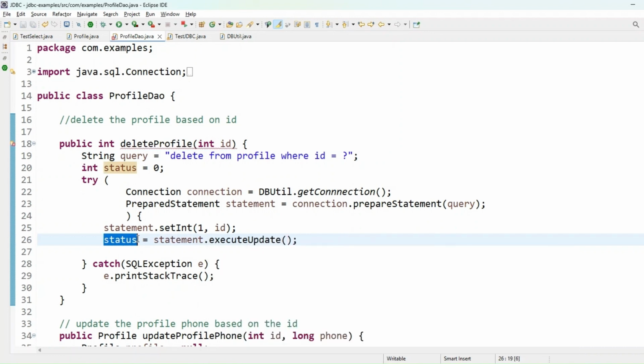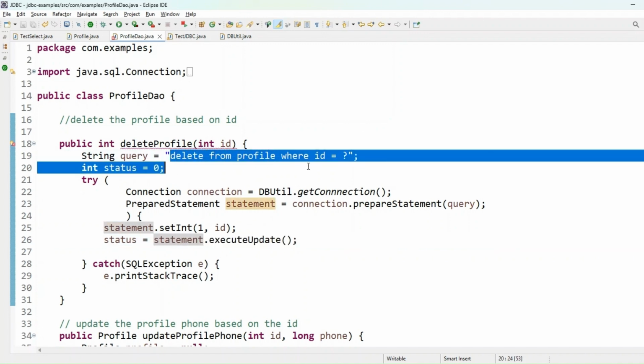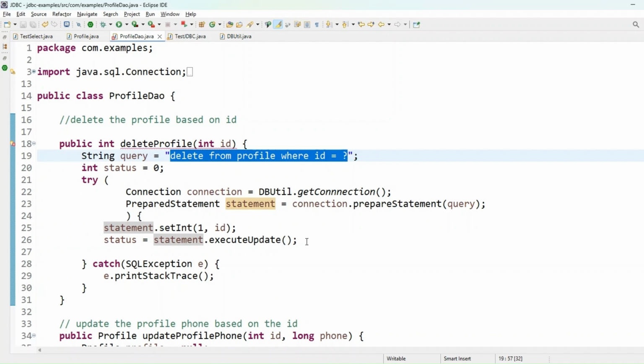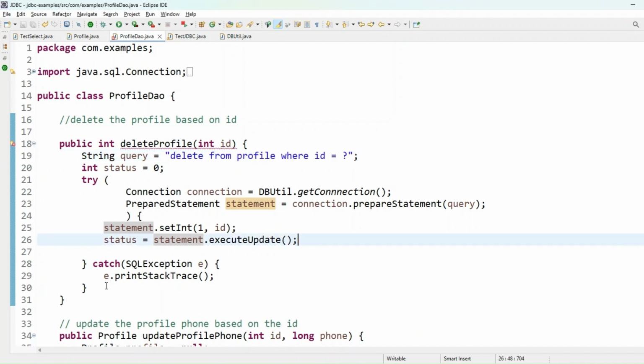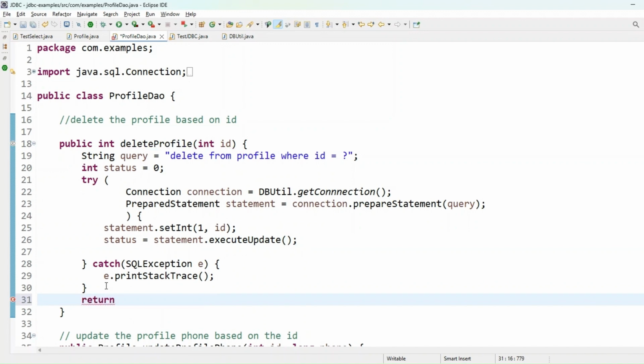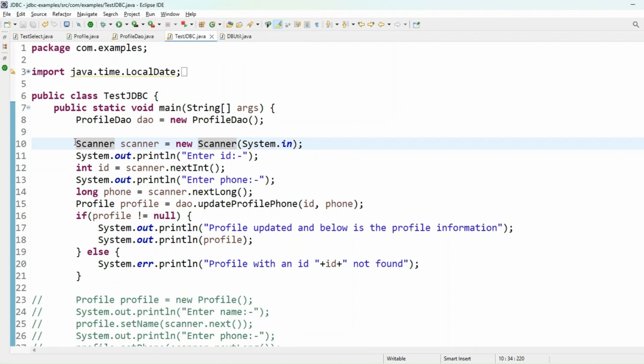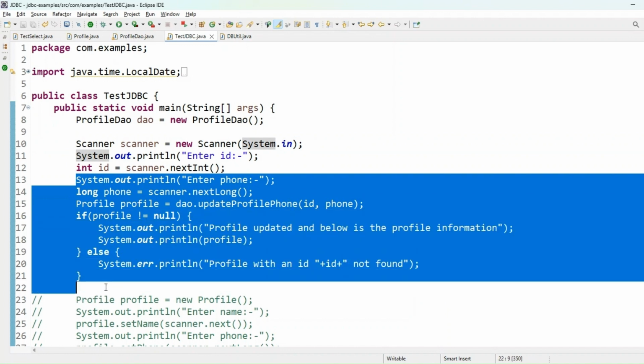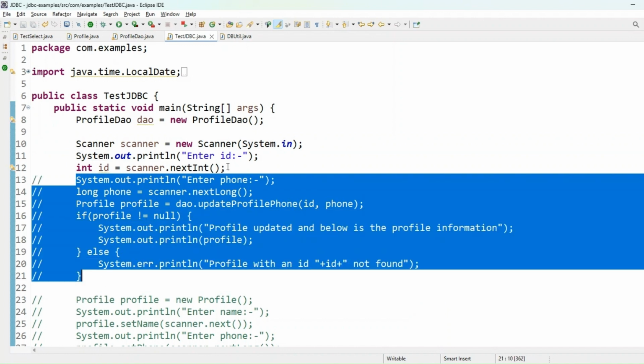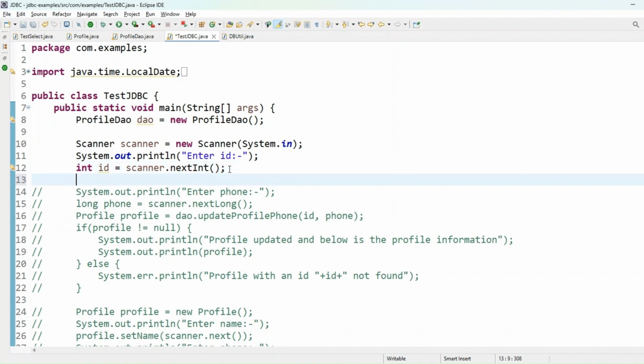Then we will initialize the status by using the statement.executeUpdate. The status value will be 1 in case the query is executed successfully and deletes the record, else it will be 0. Next, we will return that status outside the catch and we will call the delete profile from the main method. We will use the same test JDBC and I will just comment this much